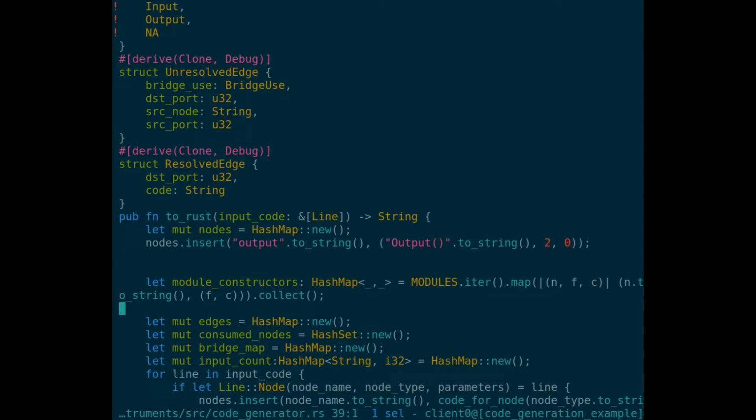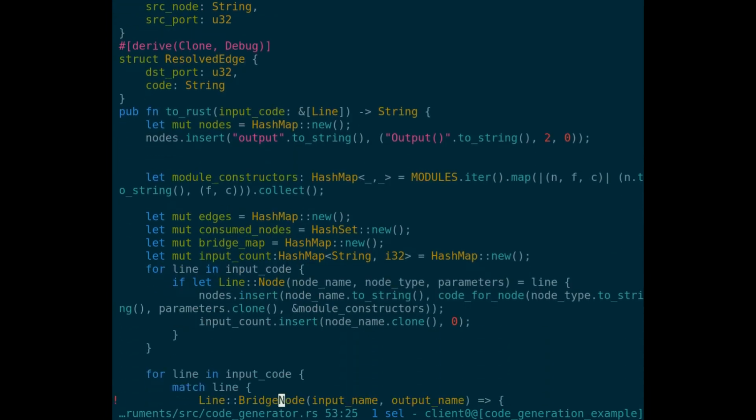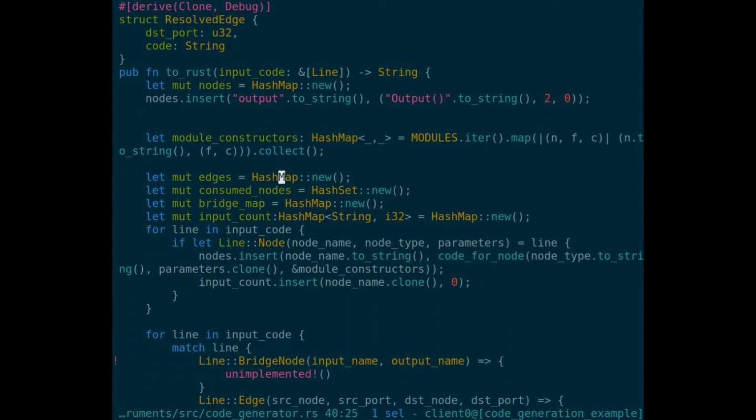And then I do a little bit of work, so I have metadata about what the nodes are, and this comes from the macros that define my node constructors. And then I get ready to build